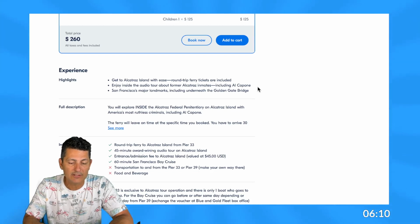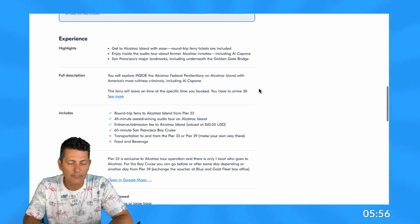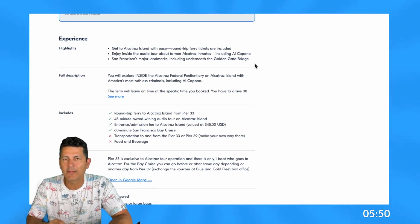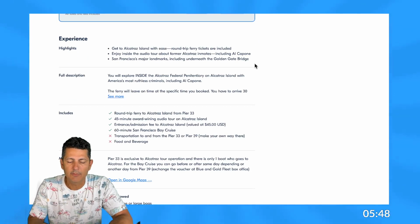Get to Alcatraz Island with ease. Round-trip ferry tickets are included. Enjoy an inside audio tour about former Alcatraz inmates, including Al Capone. San Francisco's major landmarks are included, underneath the Golden Gate Bridge. So that's the highlights. Now, the audio guide, it didn't mention any earbuds. It didn't mention how you might participate with that tour guide, whether it's on a cell phone, or how that might happen. I'd just like to see an